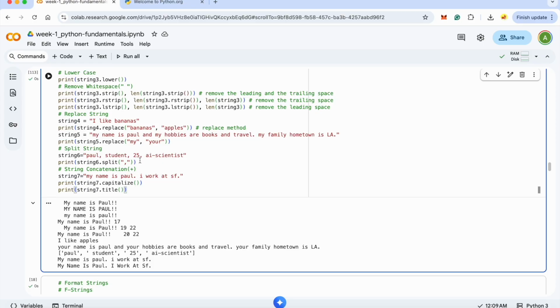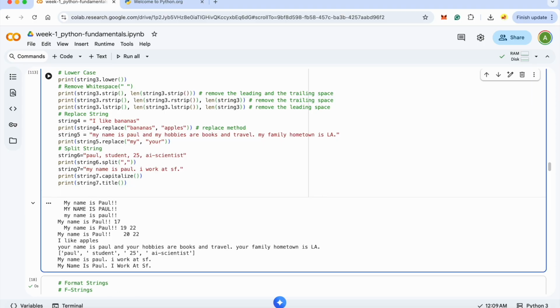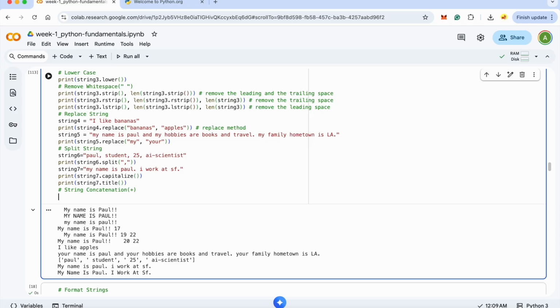There are too many methods for string. It's a very well known data type, and as we go into the sessions, you will find a lot of methods being discussed. Okay, now we'll discuss something about string concatenation. We have been doing this already, but now we are just naming it. So for example,